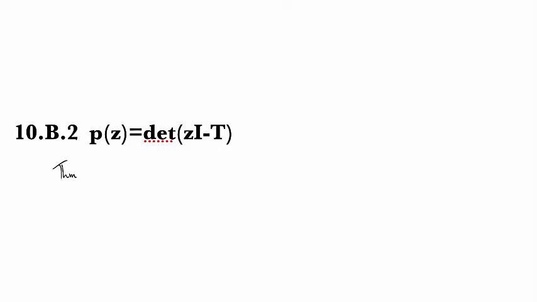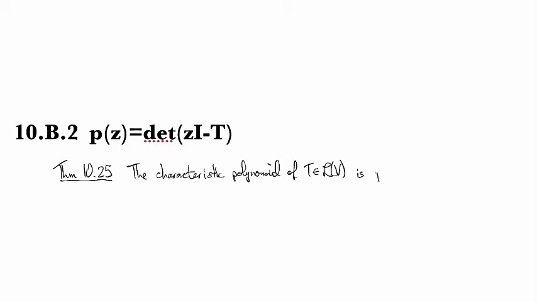So this is Theorem 10.25, and it states that the characteristic polynomial of t, some operator on v, is given by the determinant of zI minus t. Now, in case you were expecting this to be the determinant of t minus zI,